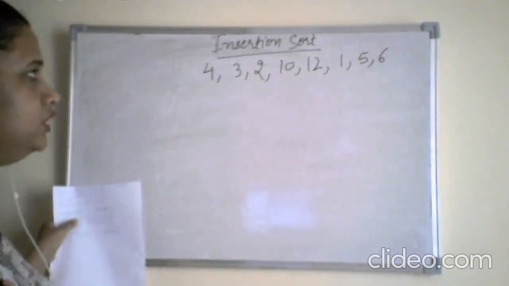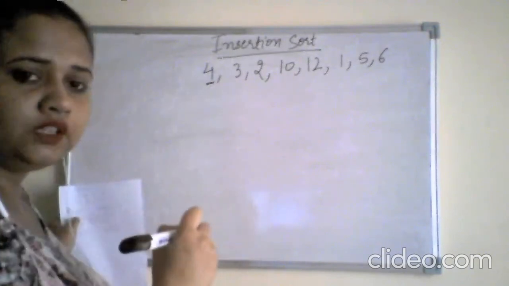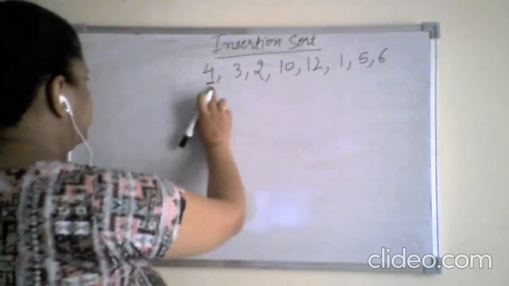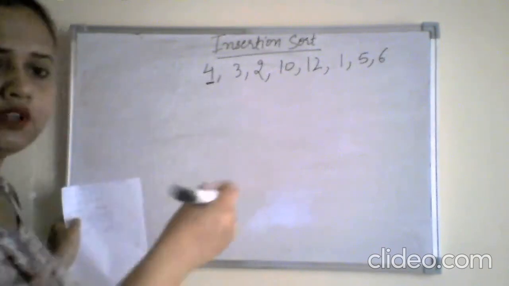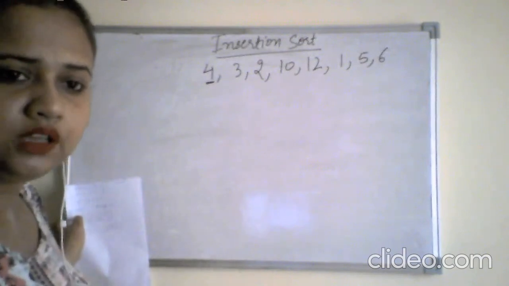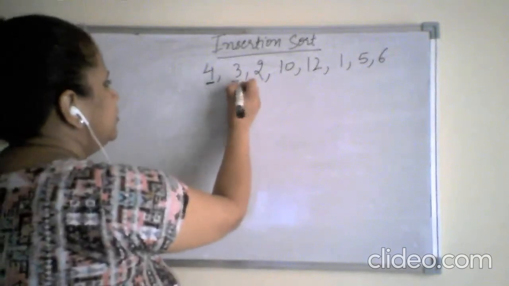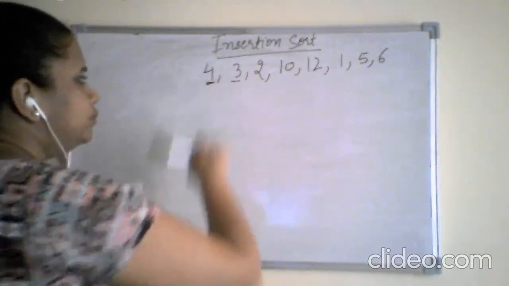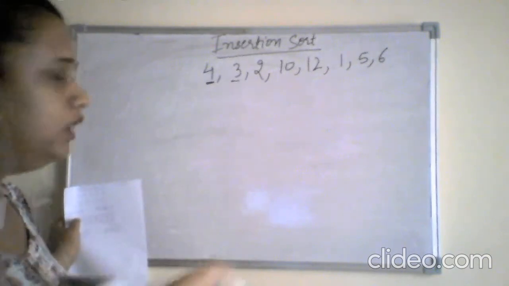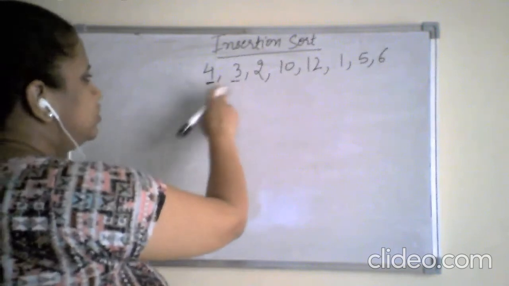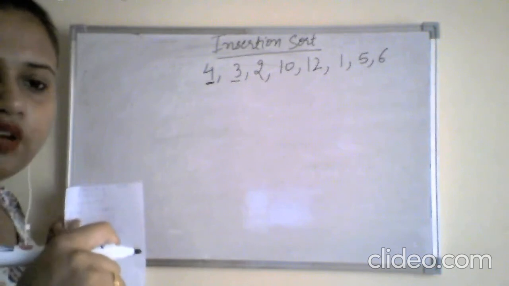The very first thing you need to do is check out the very first number in your data. The very first number here is 4, right? When it is the first number, nothing happens, because you have nothing to compare it with at the very first instance. Then you consider the second number. You consider the first and second numbers together and compare them. After comparing, you get to know which number is smaller. You can see that 3 is smaller than 4.